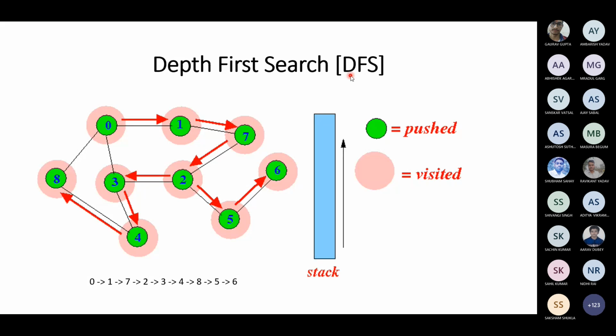So, in these slides, what we did was first we visited 0, and then we pushed all the neighboring or adjacent nodes onto the stack. All the order of the traversal was dependent upon that. Like, 1 was on the top. But if we wouldn't have done that, and we would have pushed 8 on the top, then the traversal would have been a different one.